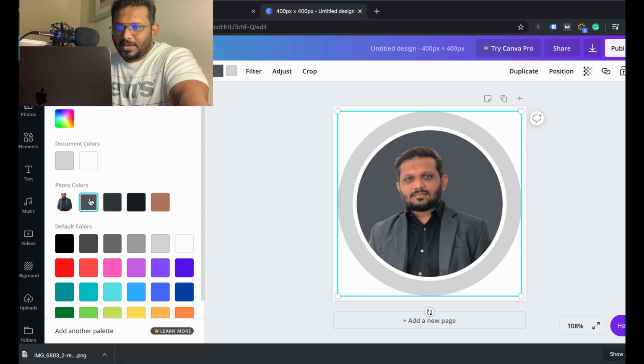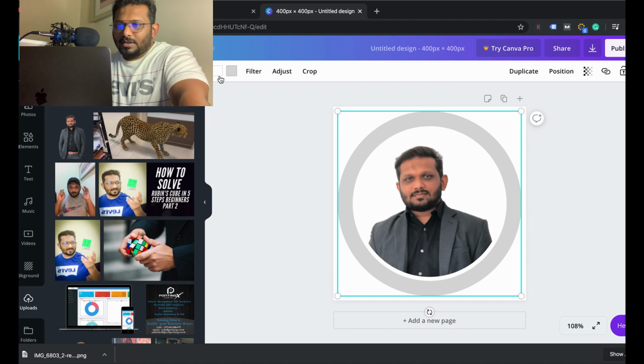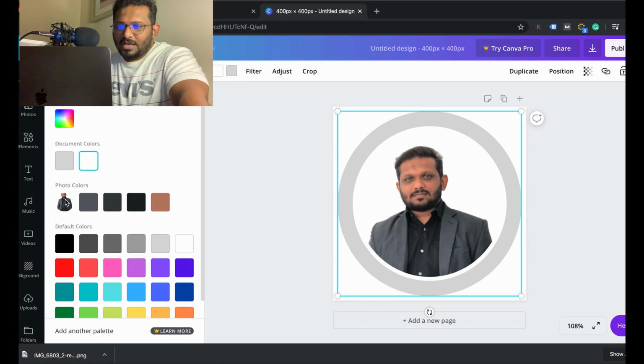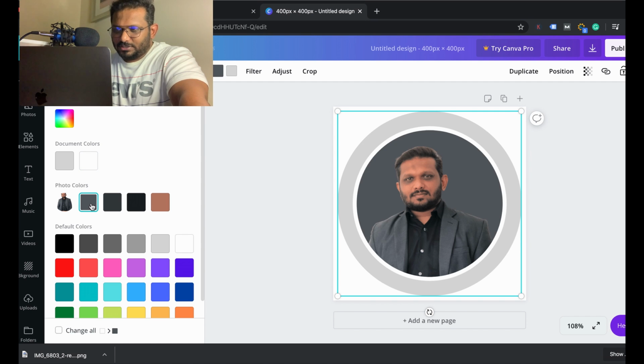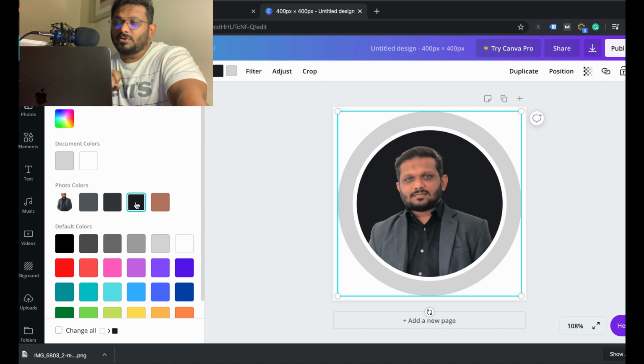If you want to give a background, just remove that, click on the next color next to it, click over there. You can see photo color. If you want to give any background color to make the picture attractive, you can do that.